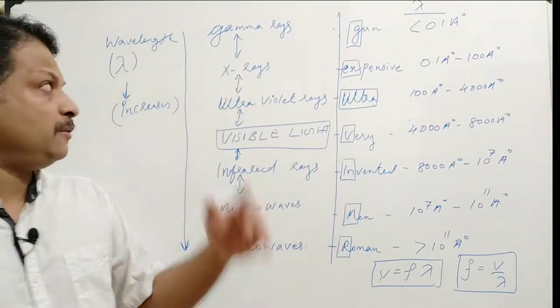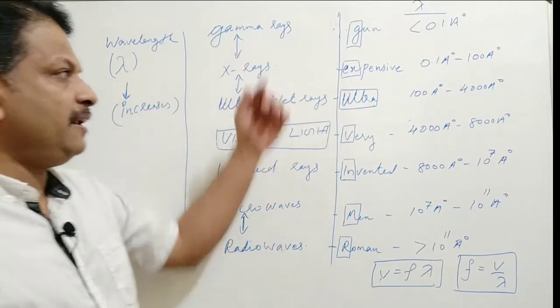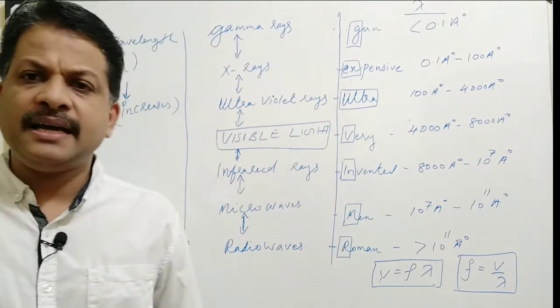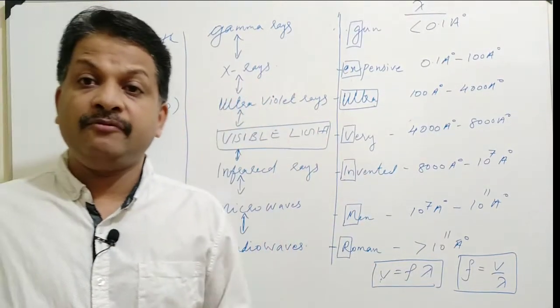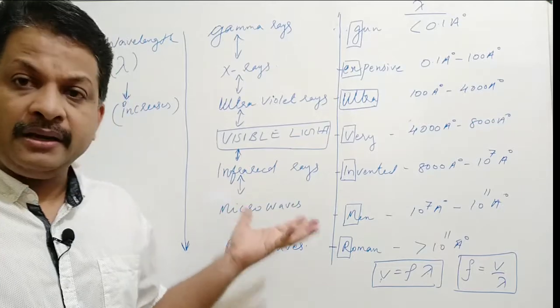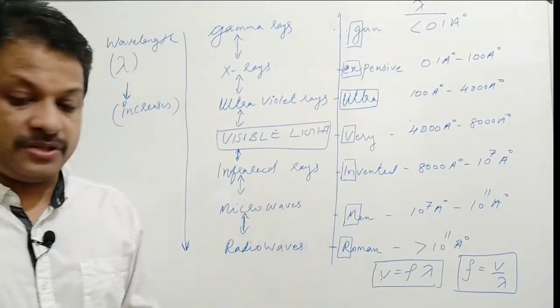Once you know the entire range of the electromagnetic spectrum, their wavelengths and their uses, we can easily attempt many questions. This is one of the important topics in this chapter. From this topic you can expect board questions, 100% board questions. So let's attempt a couple of questions from this chapter to test our basic knowledge about this lesson. We start with question number 1.